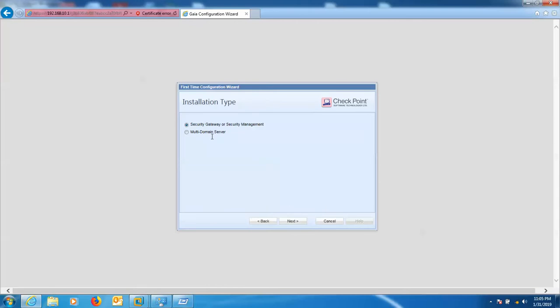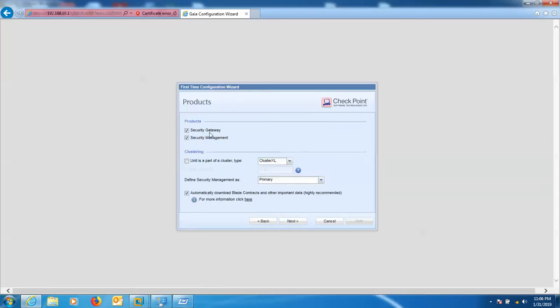Basically this is the most important option, security gateway or security management. Checkpoint provides two types of installation. One is standalone and second is distributed installation. In standalone you can install management and gateway on a single device, so you can choose security gateway and management both, otherwise you can choose the distributed option according to your product.